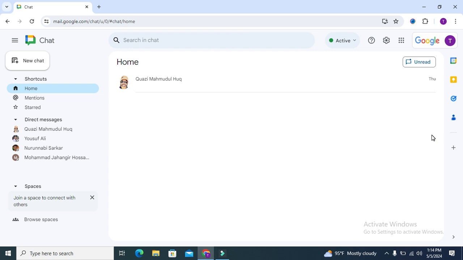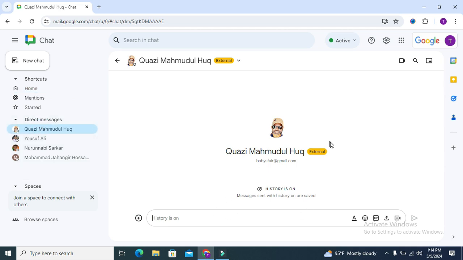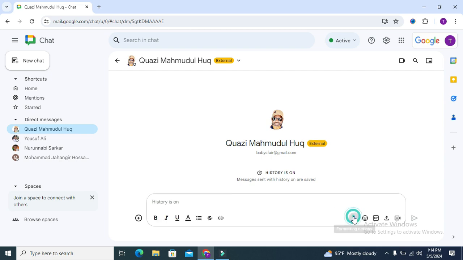To insert hyperlink in Google Chat text message, open your browser and go to Google Chat and then select your chat friend name on menu bar on left corner, then click on formatting option icon. You will find an option here, insert link. Click on insert link,